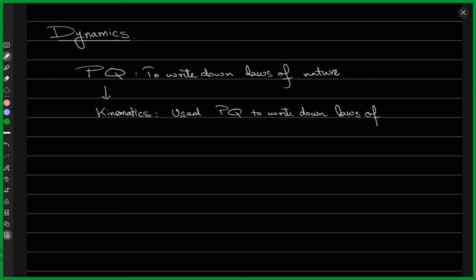Laws of motion is a very general statement, that physical quantities are there to write down the laws of physics, right? So we were writing down how we would describe motion, without considering any acceleration or whatsoever. So that was kinematics. We did not care about forces at that time, which leads us to understanding another thing, that is dynamics, which is the goal of this chapter.